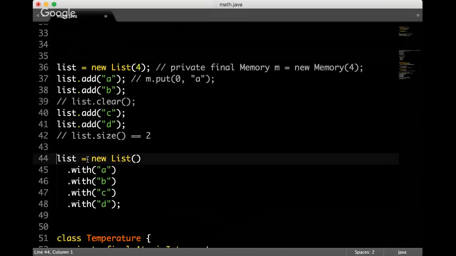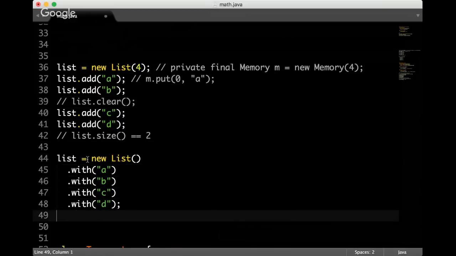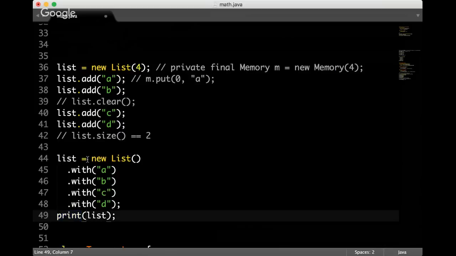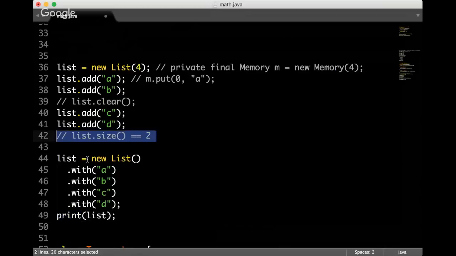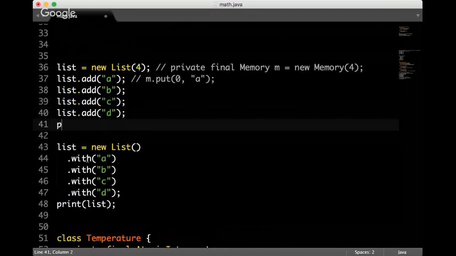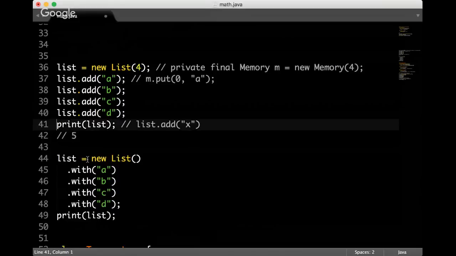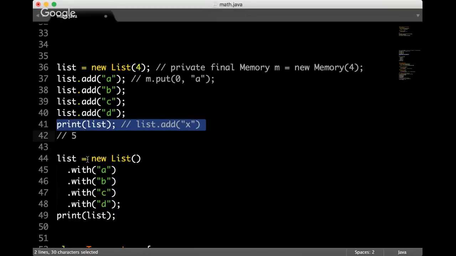Again, if I give this list to some method, and I call list print, then I don't really care what this method print is doing, because it cannot break anything. All it can do is create a copy of the list and then try to break things. But if I give this list to the method print, and somewhere inside this method, for some reason, it does this, then the list will be returned here, and it will contain 5 elements for some reason. So I was not expecting that. I was just calling print.